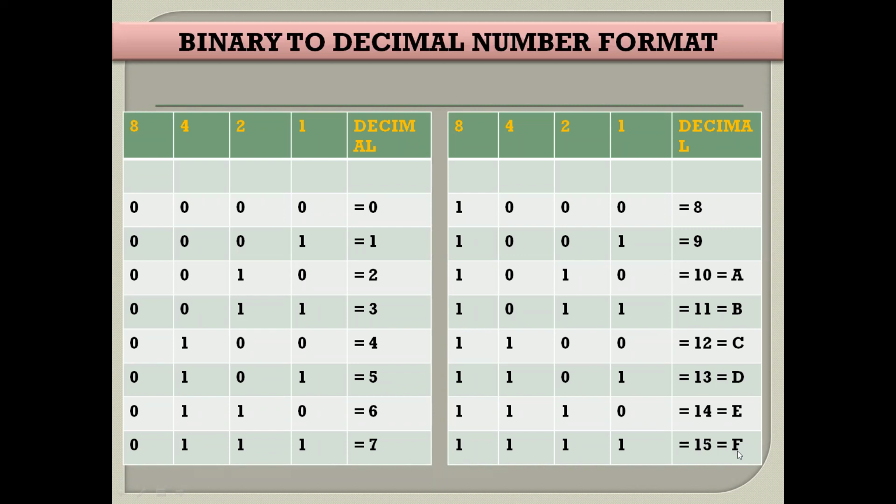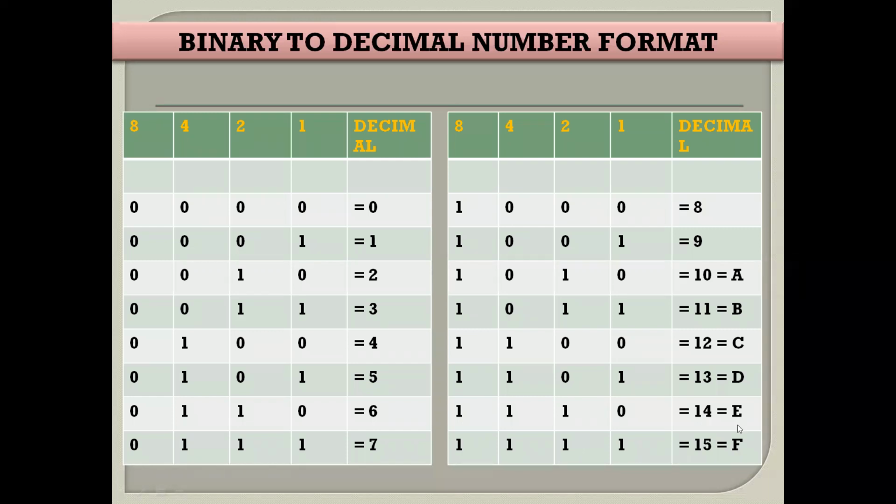That means your highest weightage for the number representation is 8. Beyond 8, you cannot go. So henceforth, you have to use the weightage 1, 2, 4, 8 only. For example, if I ask you to represent the number F, how can you represent it? F means 15. So how can we calculate 15? See, 8 plus 4 is 12, 12 plus 2 is 14, 14 plus 1 is 15. So all the 4 bits are 1, that is 1111, to represent F.